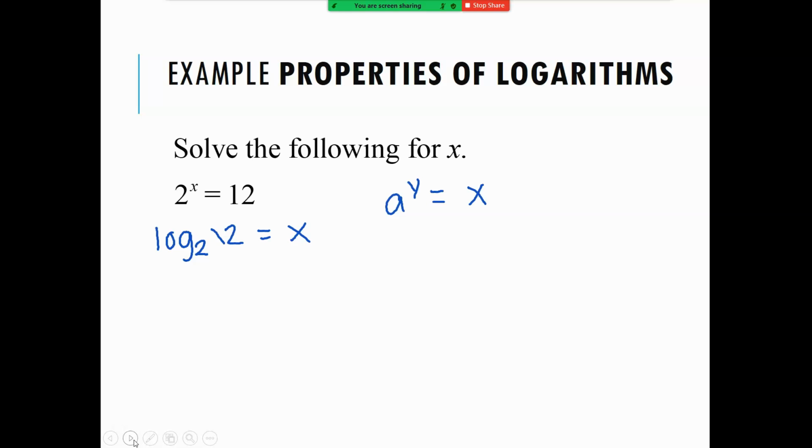Now you could get an approximation on your calculator, or know that this represents a number in and of itself. So you'd go to math, go down to the log base key, type in 2, type in 12, and we get